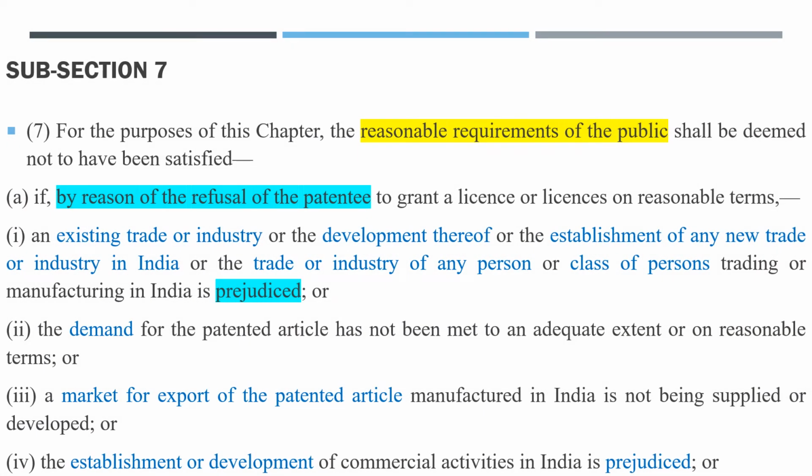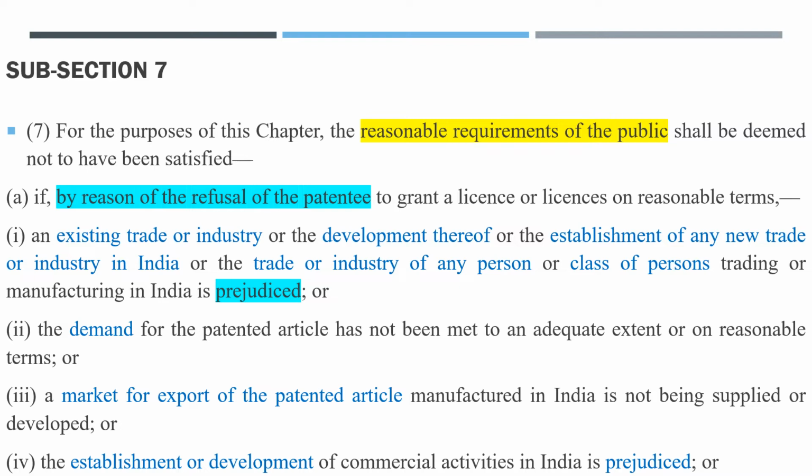Subsection 7 says, for the purposes of this chapter, the reasonable requirements of the public shall be deemed not to have been satisfied. Clause A. If by reason of the refusal of the patentee to grant a license or licenses on reasonable terms,